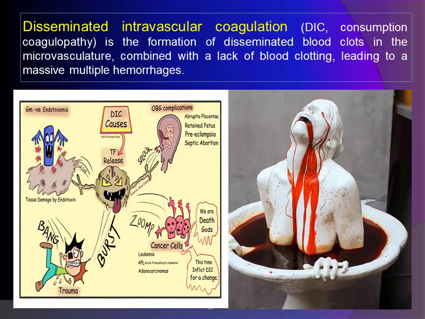Disseminated intravascular coagulation, DIC, is the formation of disseminated blood clots in the macrovasculature combined with a lack of blood clotting, leading to massive multiple hemorrhage. DIC is based on the incoordination of the blood coagulation and anticoagulation system. The main characteristics of DIC syndrome are these phase changes of hemostasis: hypercoagulation followed by hypocoagulation, blockage of the microvasculature by aggregates of blood cells and